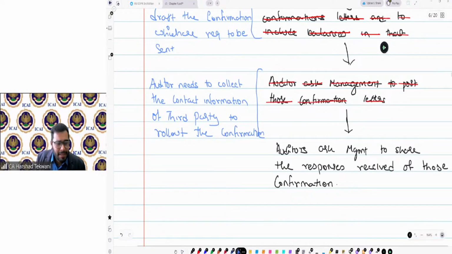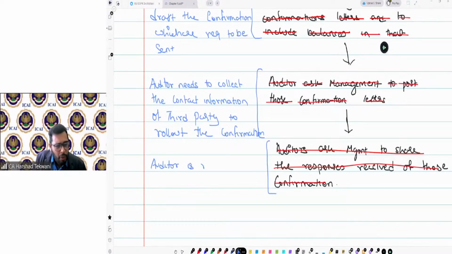And the last one is, we ask management, no, that is incorrect. We are not required to ask management about the confirmation. Rather, the auditor is required to mention in the confirmation that the confirmation should be written back to the auditor directly.